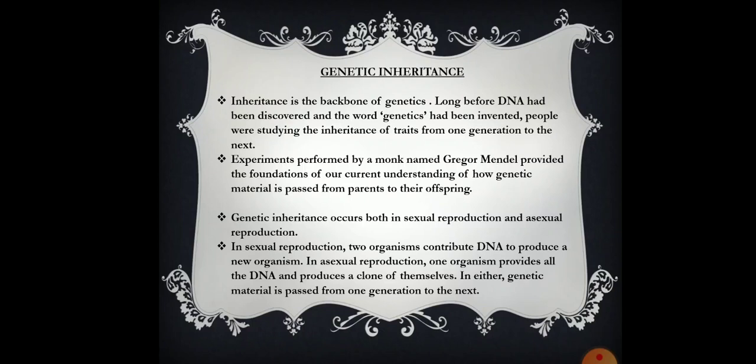And now these characters that are expressed get inherited from one generation to the other, that means from parents to their offspring. So this is what we call inheritance, and this inheritance is the backbone of genetics, and it is